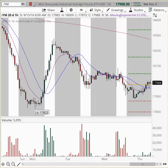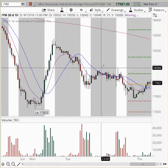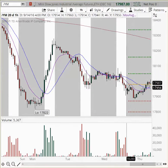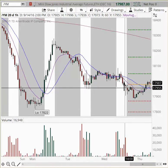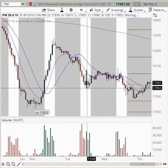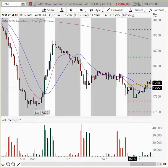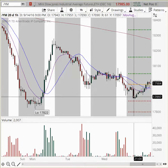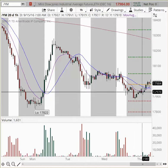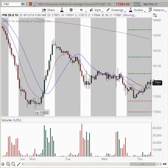Eastern Time. We're going to start our pre-market game plan with YM. And looking at YM, so yesterday we had a sell. We tested the prior support area to the left of the chart from the prior day's trading session, and we continued lower into the Asian session till about 10 o'clock at night. And from that point on, we continued an uptrend, and right now we are into a heavy area of resistance